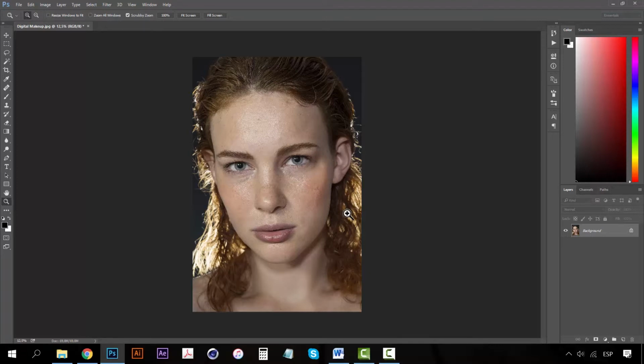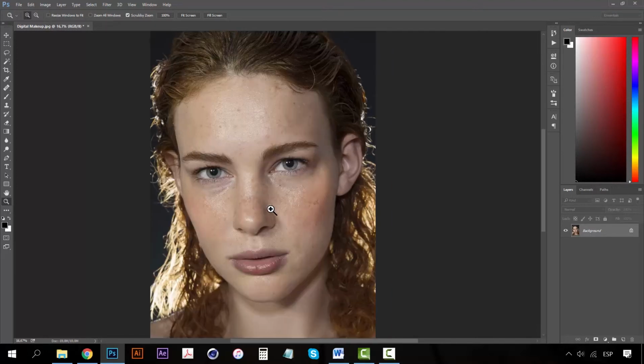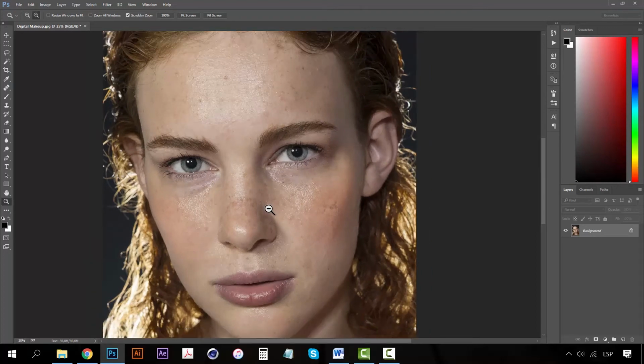That she has these nice imperfections that we all have, so that you can practice all the retouching skills that you're going to learn on this course. Because if you take an image that is almost perfect, that has been retouched already, of course you're not going to do anything, you're not going to learn anything. So you have to make sure that you pick an image kind of like this one, or even more natural,